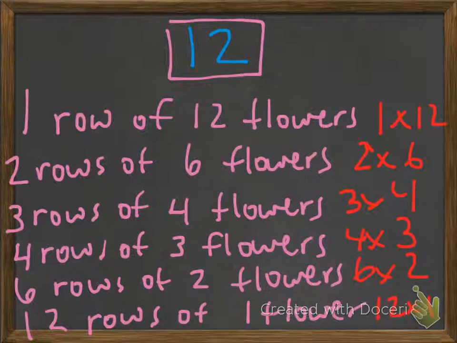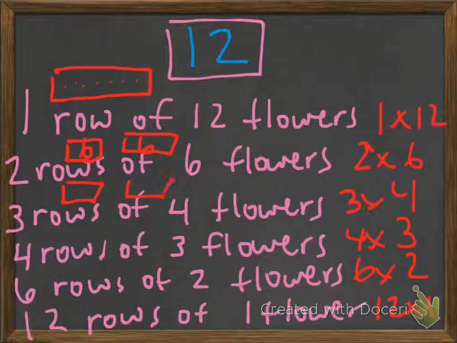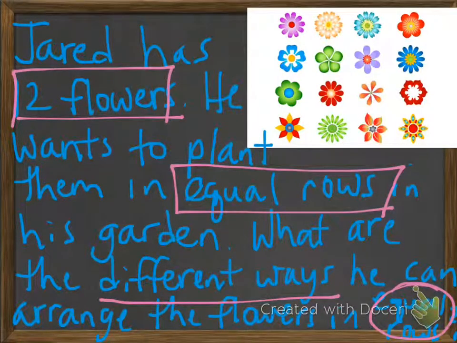And you could even draw this. In this case, for example, he could have 1 row and 12 flowers in it. Or in this case, he could have 2 rows and 6 in each one. Or 3 rows, 1, 2, 3, and there's 4 in each one. And you can do this for all of them. The key is that there are equal rows of flowers in equal